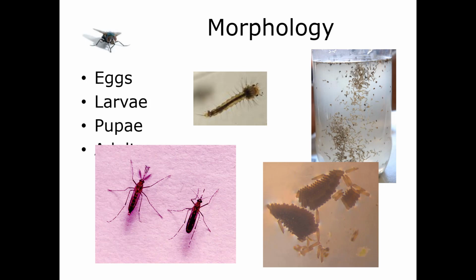Now, the mosquito pupae are known as tumblers. So this is because they tend to float at the surface of the pool or the water where they're in, and then they tumble down to the bottom when they're disturbed. In general, the tumblers or the pupae are comma-shaped. So the head and the thorax fuse to form a cephalothorax. Remember the word cephalothorax from way back when we did classes? Yeah. So the cephalothorax, and then the abdomen curls beneath it.